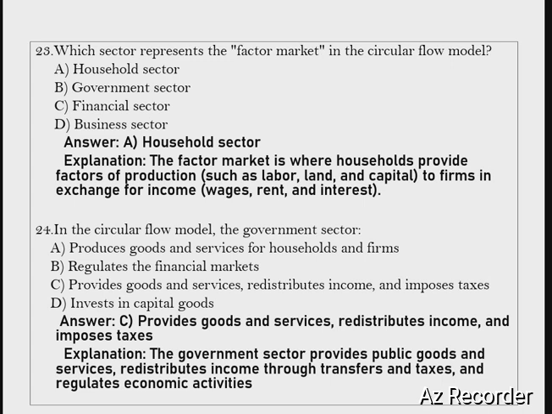Next question is, in the circular flow model, the government sector: option A, produces goods and services for households and firms; option B, regulates the financial market; option C, provides goods and services, redistributes income and imposes tax; option D, invests in capital goods. Correct answer is option C. Its explanation is the government sector provides public goods and services, redistributes income through transfers and taxes, and regulates economic